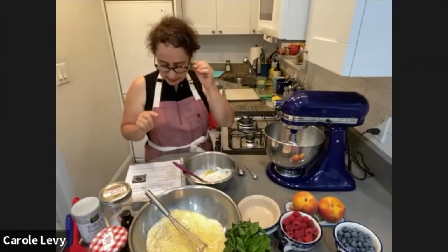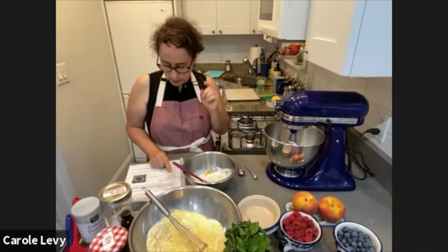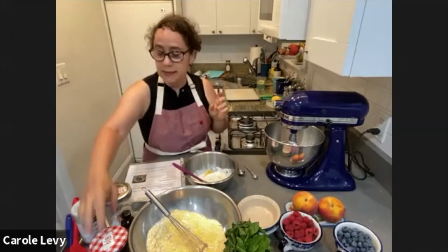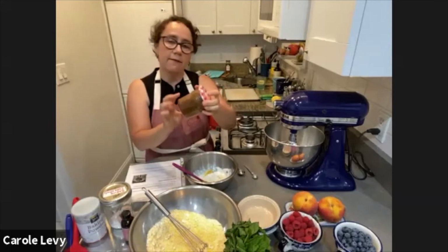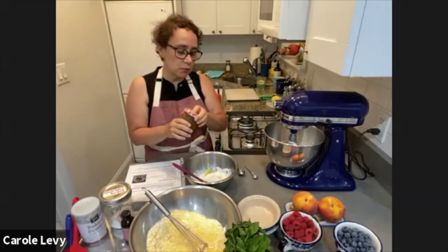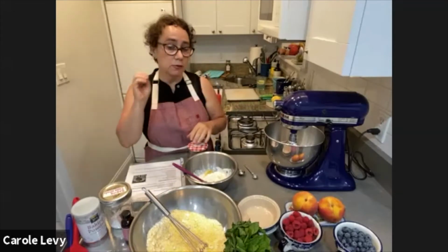And then we need 6 tablespoons of aquafaba, and we need our sugar, right? We need to sweeten this cake. And I have date paste. And I have showed all of you date paste, but in case you can either look up how to make